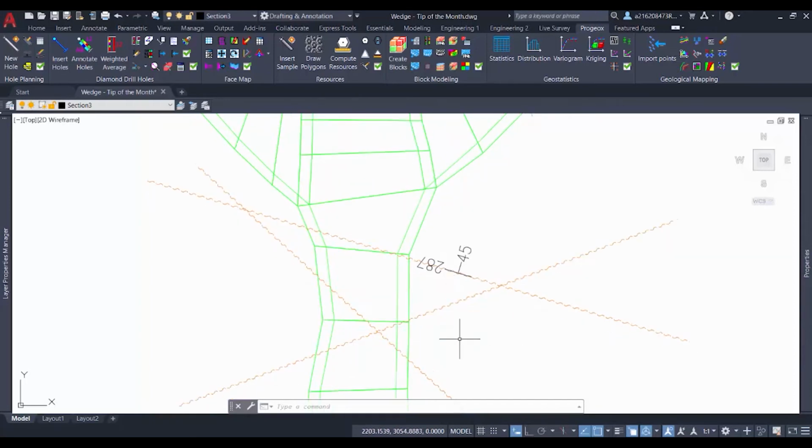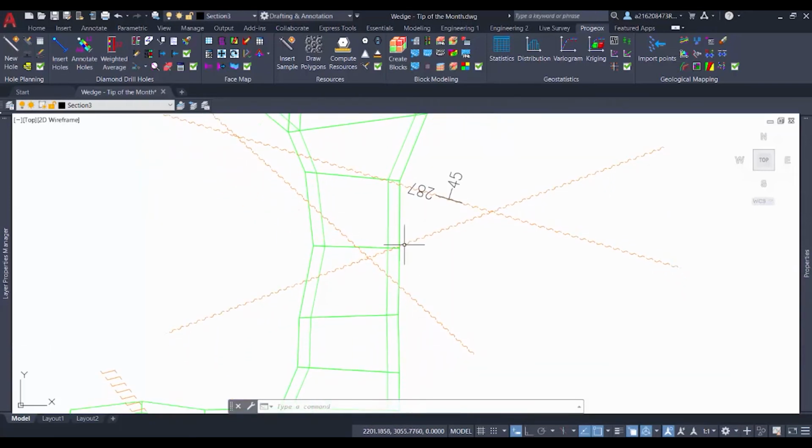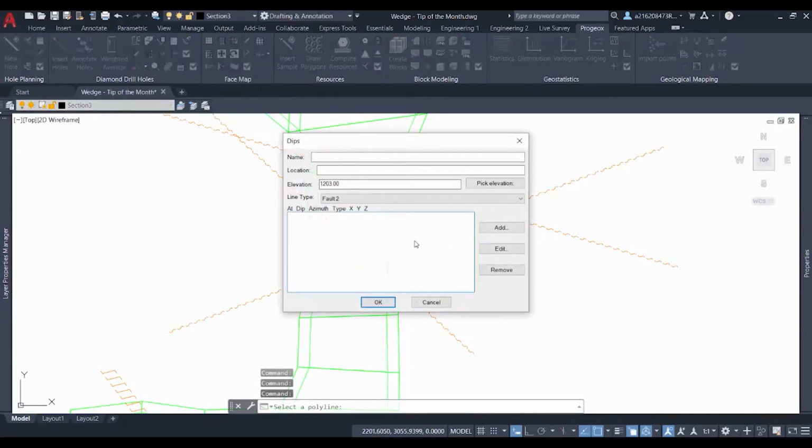So we can continue to do the same process for our other faults. We go back to our insert structure command, and we select our polyline. And again, we name it as FLT2. And the location will be level 1200, and the elevation is automatically set for us. So we go back to add,